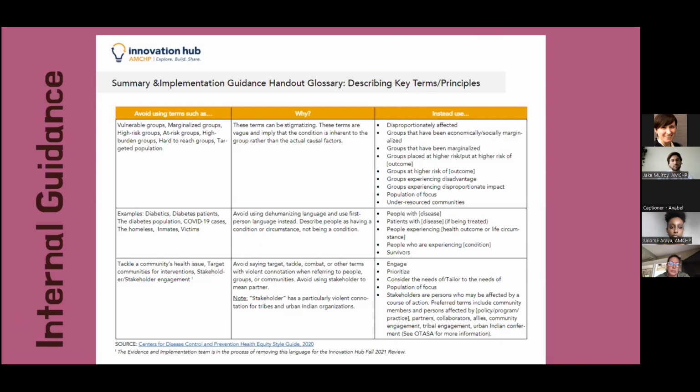And so some of the terms here to avoid using are vulnerable groups. When we're talking about people with chronic diseases or people who are experiencing a disease or illness, we want to speak to separating them from their illness. And so instead of using terms like diabetics or diabetes patients, we want to say people with diabetes, right? Or people